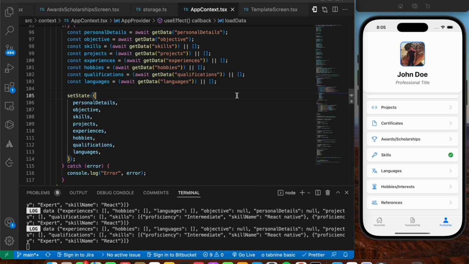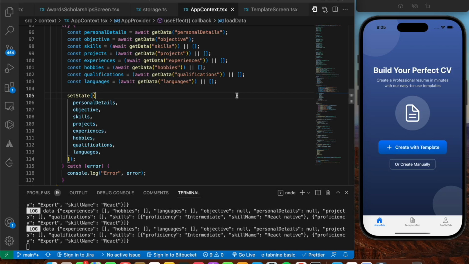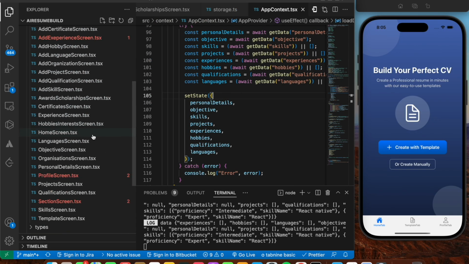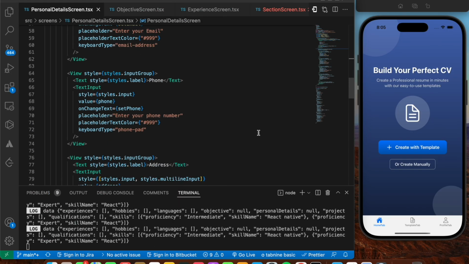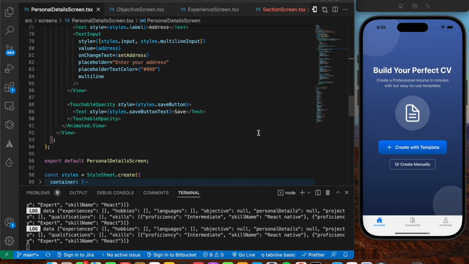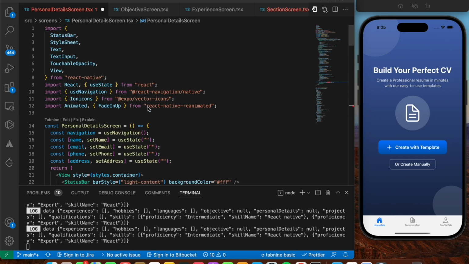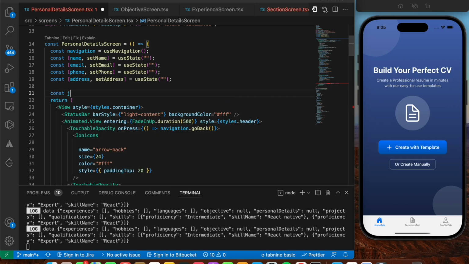Save. So I think we forgot to add the saving part for two things, that is for personal details as well as objectives. Let's quickly complete that. In the personal details screen, let's scroll up. There is no onPress given, so I'm going to say onPress, handleSave. Let's define it over here. I'm going to say const handleSave is going to be equals to